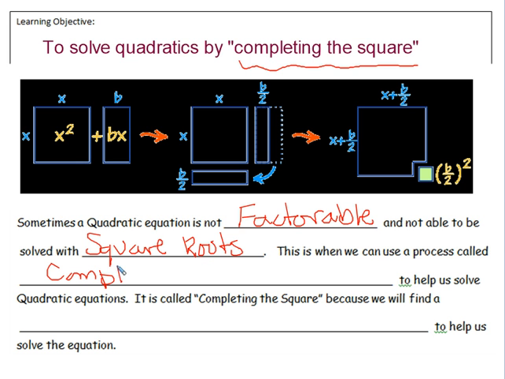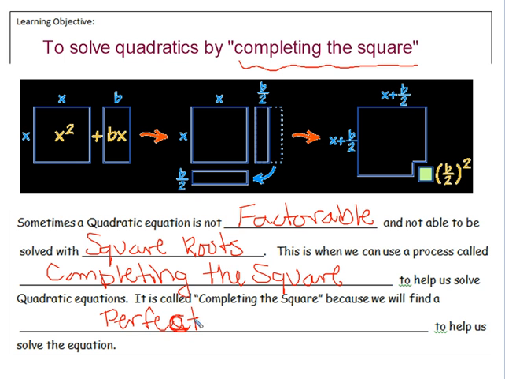A lot of you might like this process a little bit better than factoring or square roots. You can always use completing the square for anything. Some of us like factoring or square roots more just because it's a little bit quicker. But you can always use completing the square, this process that we're going to talk about in this lesson, to solve anything. The reason it's called completing the square is because we will find a perfect square